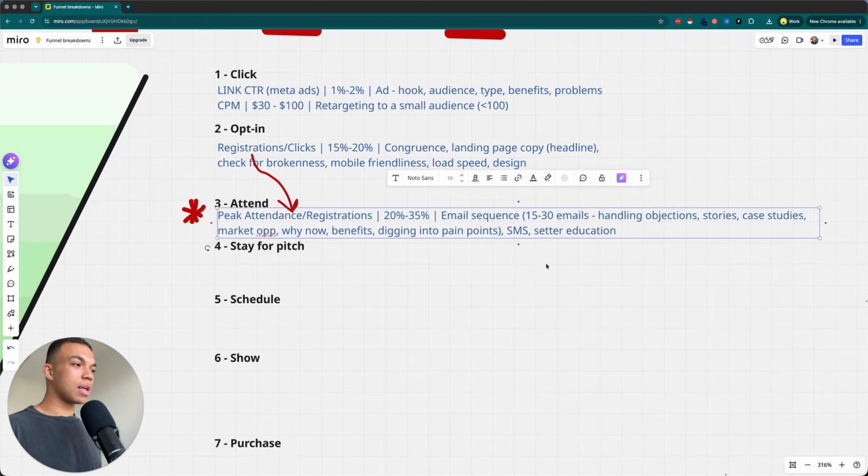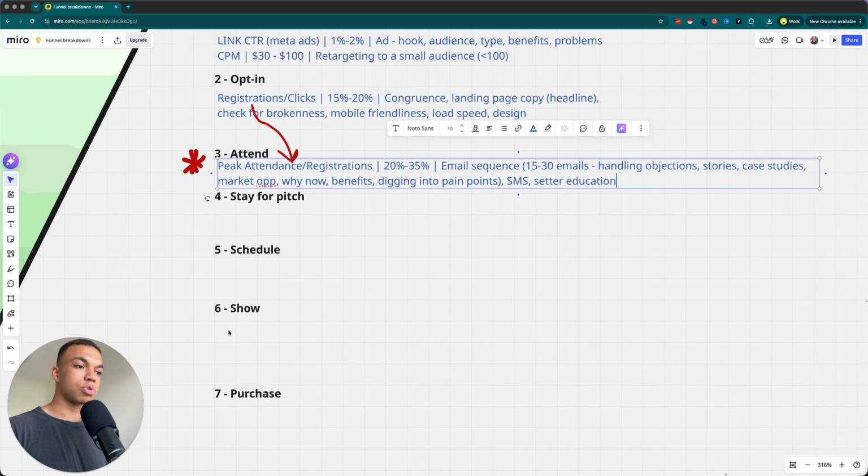And as I'm sure you can imagine, because you'll be a smart person, things like this are going to help people stay for the pitch. It's going to be helping people to schedule and also show and then also end up purchasing as well. But these are all the things that you want to make sure that you're doing to have a really good attendance rate. Then we also need to make sure we've got this post registration